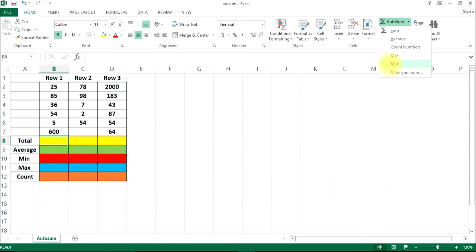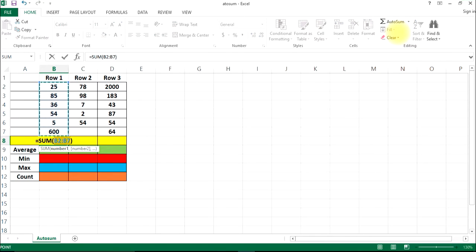So as I mentioned, we're going to find the total or the sum of row 1. Again, we have our cell active, which is B8, because that's where we're going to place our answer. We're going to scroll up to sum, and we're going to left click on sum. And one of the great features about Excel is that it automatically assumes the particular range that we're going to add up when we're dealing with numbers. Now, you can see the dancing ants around